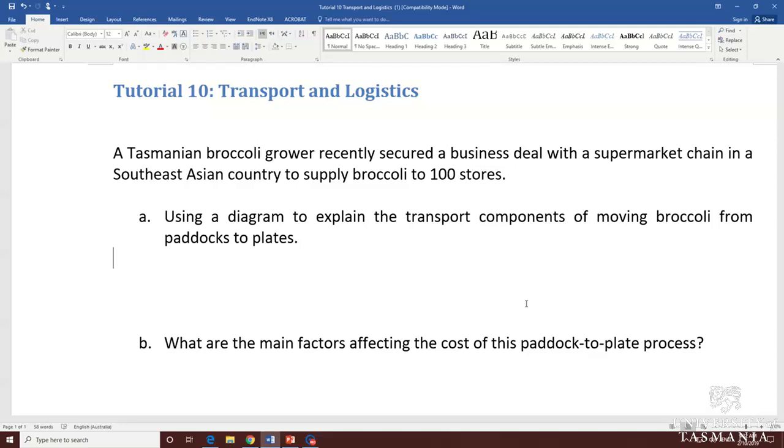So you chose to use shipping. Yeah. Why can't we just go for 100 stores? If you're shipping 100 stores' worth of broccoli from Melbourne to Southeast Asia, it will cost a lot of money to do it by air freight compared to shipping, when the technology is there for the longer life. However, based on the information, unless they were paying an extremely premium price for broccoli, it could potentially be affordable. But